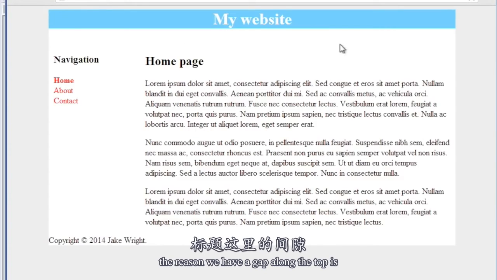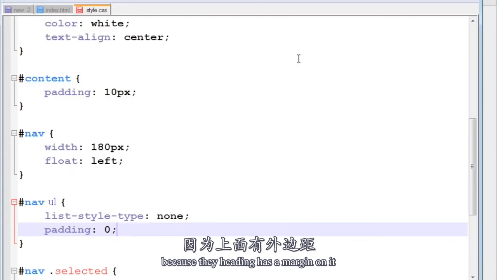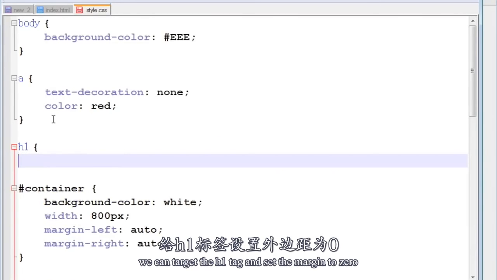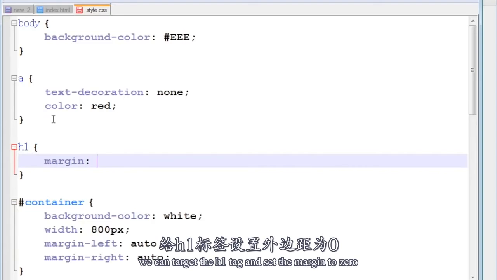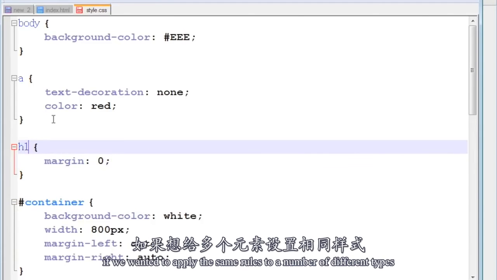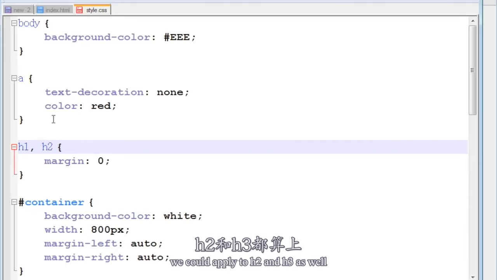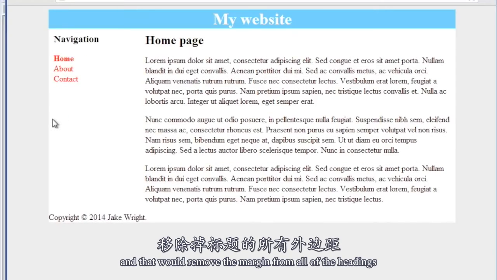The reason we have a gap along the top is because this heading has a margin on it. We can target the h1 tag and set the margin to 0. If we wanted to apply the same rules to a number of different tags, we can separate them with commas. We could apply it to h2 and h3 as well, and that would remove the margin from all of the